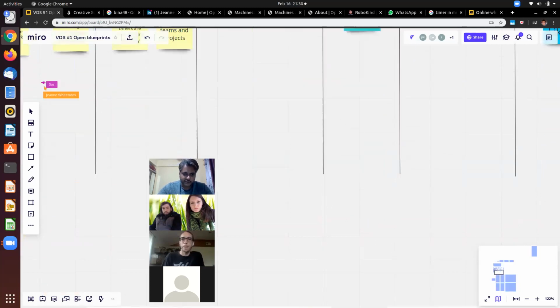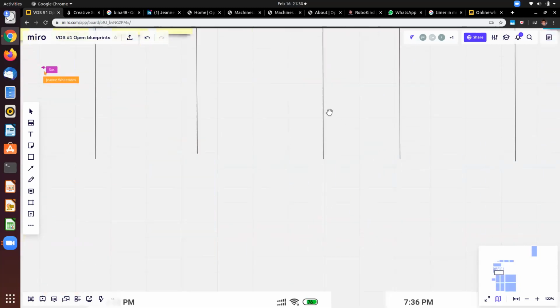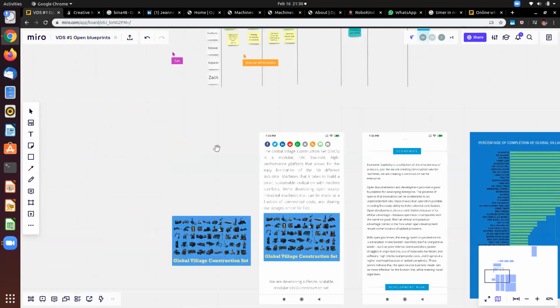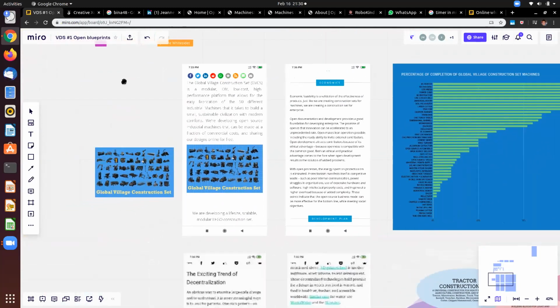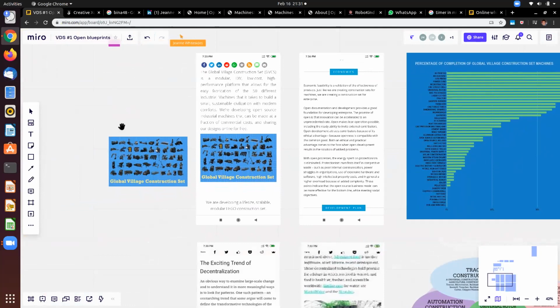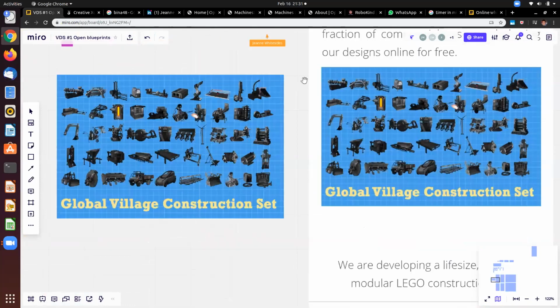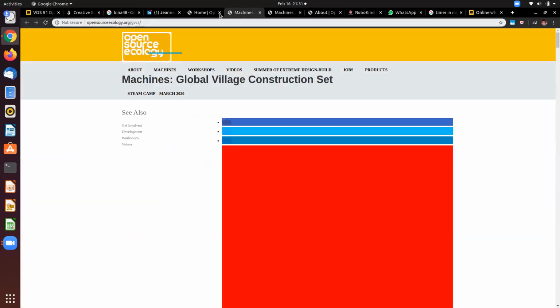Just to quickly understand what Open Source Ecology is, there are a few screenshots that I have added at the bottom of the Mural board. On a high level, it's open hardware blueprints published by Martin Jakubowski. And I'd like to play a TED video, which I'm not sure if I have opened it. Okay, so